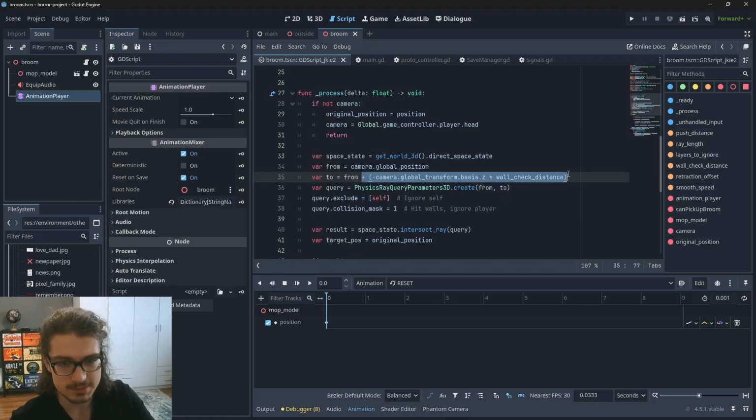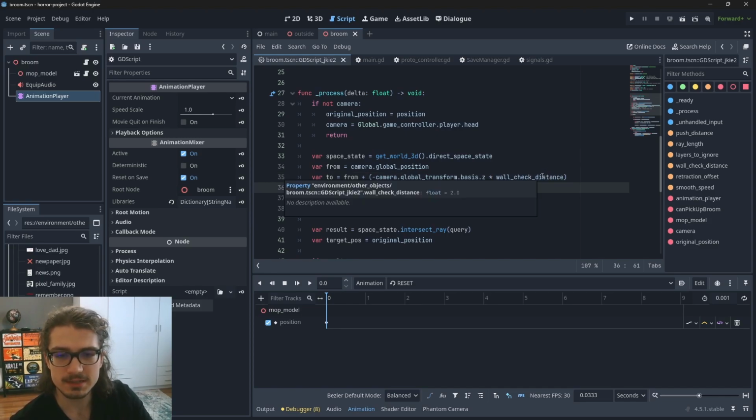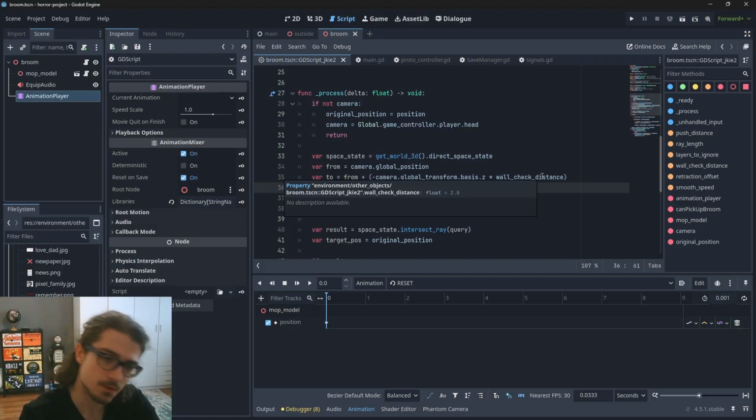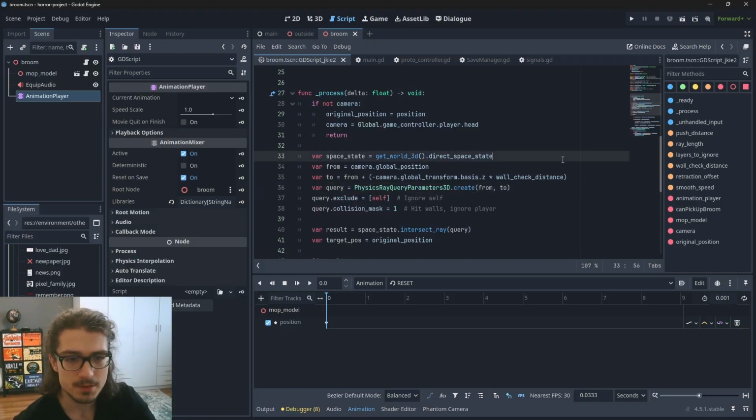Now what is this distance? First of all, I have this wall check distance. This is just set to 2, so let's say 2 meters from the player, or 2 units from the player. And then we get something like this,